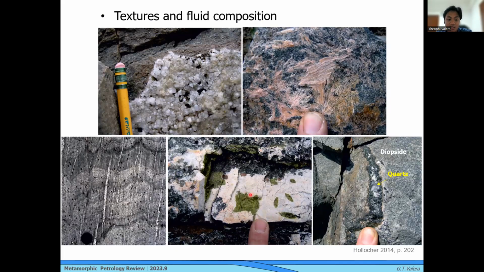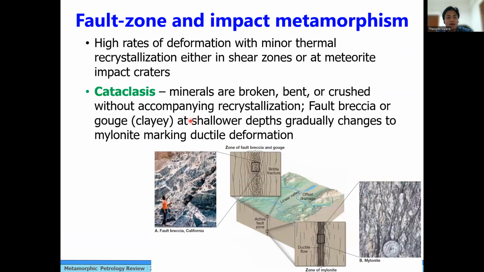Some of this may actually not even be a simple fluid. It may actually be basically a melt na, lalo na it's transporting components that are supposedly fluid immobile like aluminum. Yeah, ito naman, this is an interesting vein wherein you have your core, which is just quartz, and yung rim, which is diopside. This could indicate a change in the chemistry of the fluids from something that contains calcium and magnesium to something that's purely SiO2. And so those kind of information yung makakuha natin sa veins. Yeah, and then